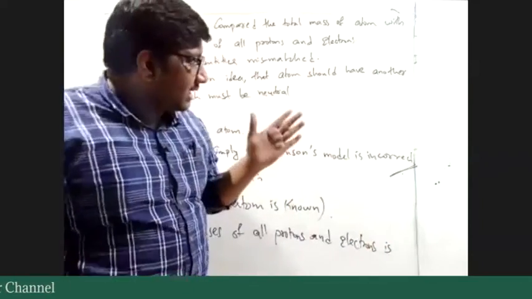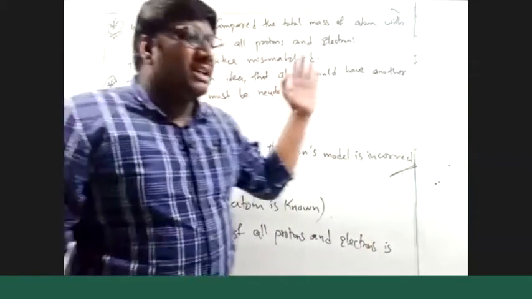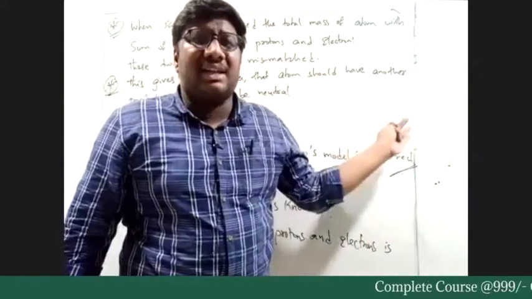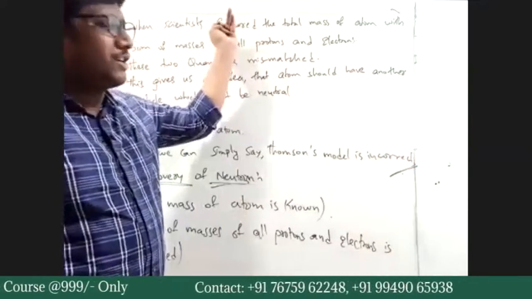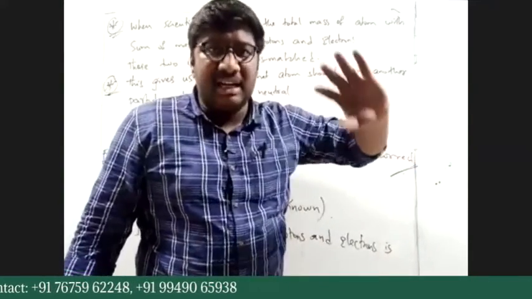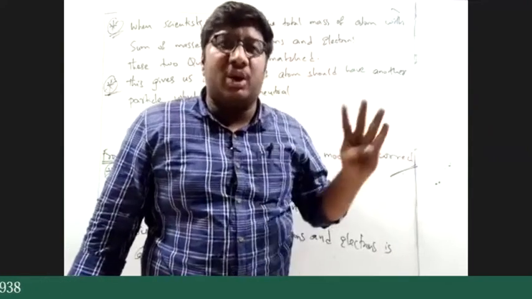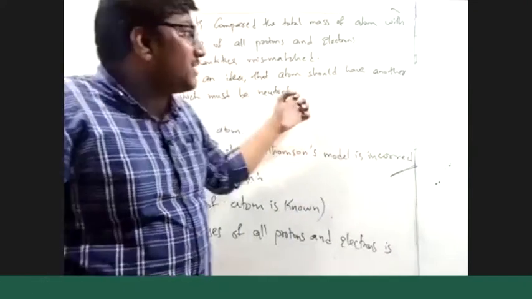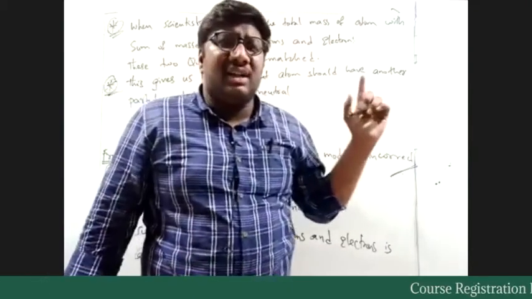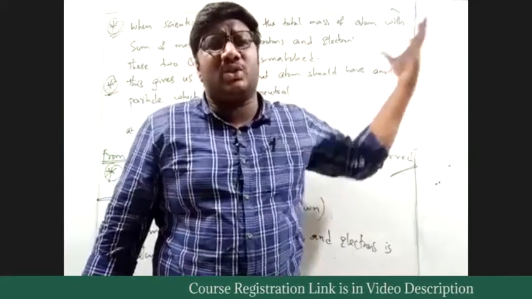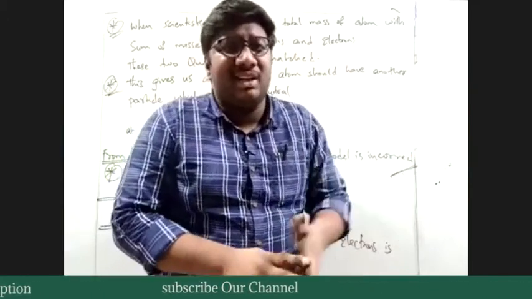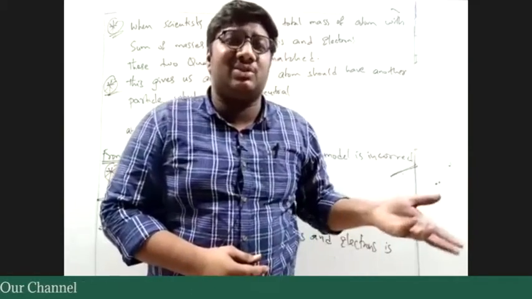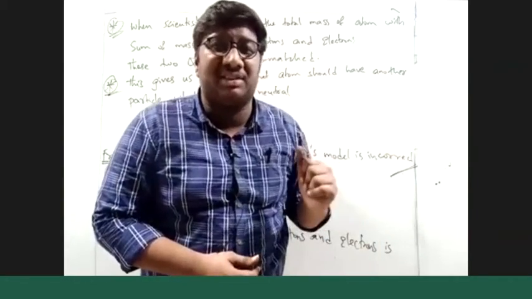His question is, if the mass of proton, electron and neutron can be balanced with the total mass of the atom, then what is the mass of those other subatomic particles? So there are some other particles, right? So what is their mass? Then why are we not including that mass?